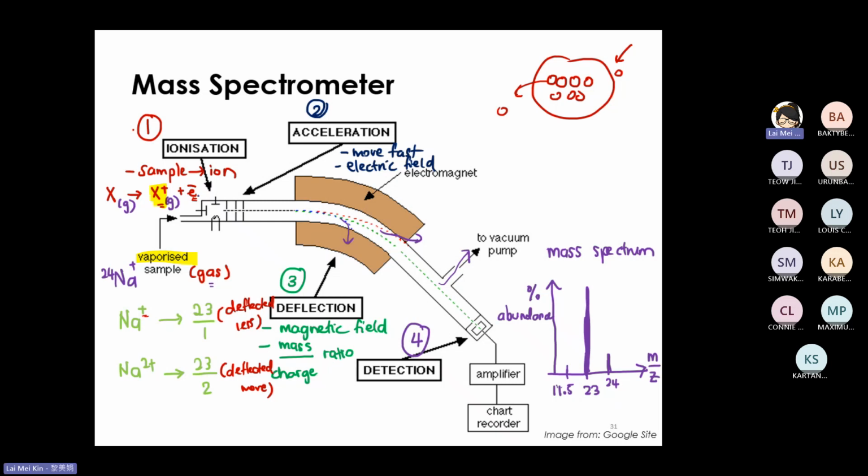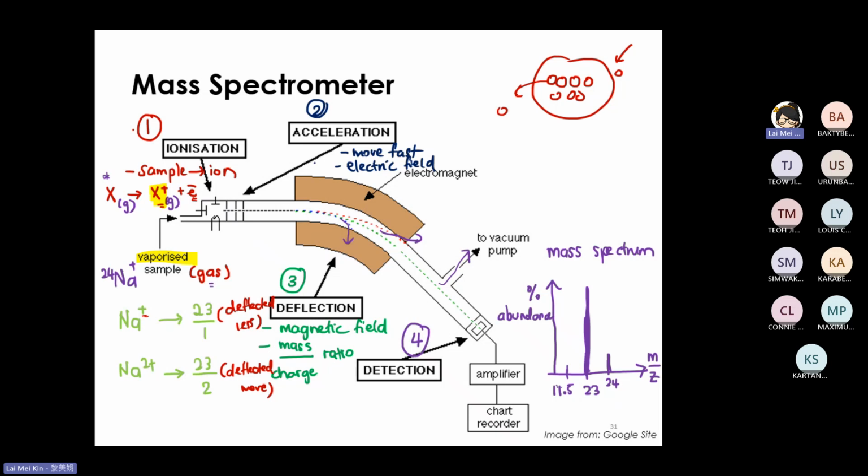99% of the time, 1 electron is being removed. You need to know the equation. So 99% of the time, 1 electron is removed, but sometimes an accident happens, and I might have 2 electrons removed. Second stage, acceleration. Accelerate means you press the pedal, go faster. So I will use an electric field. The electric field will cause the ion produced from the first stage to be brought to the second stage, acceleration,